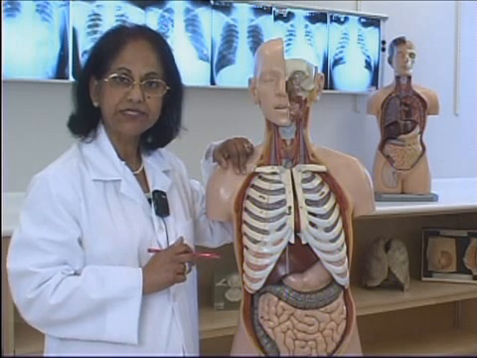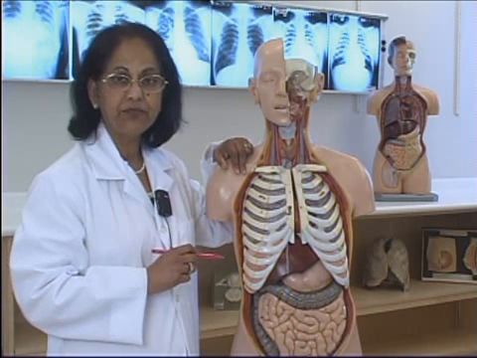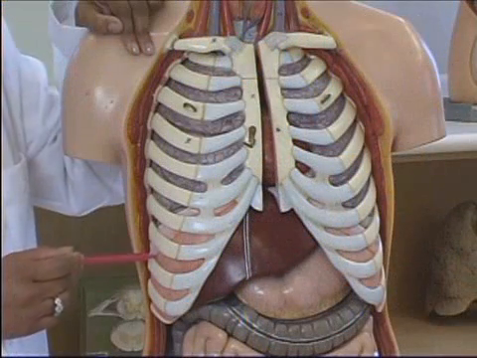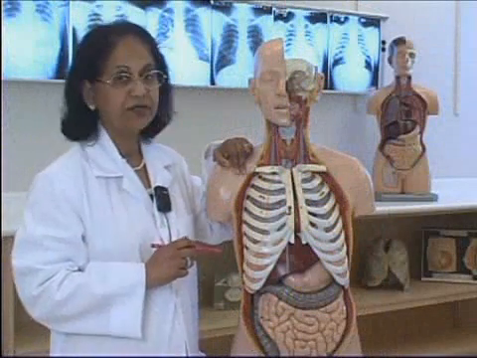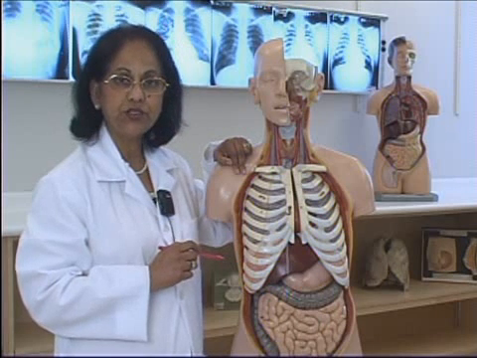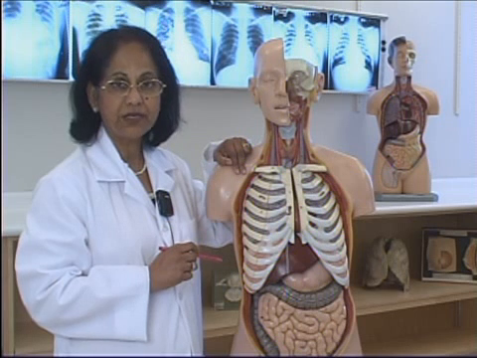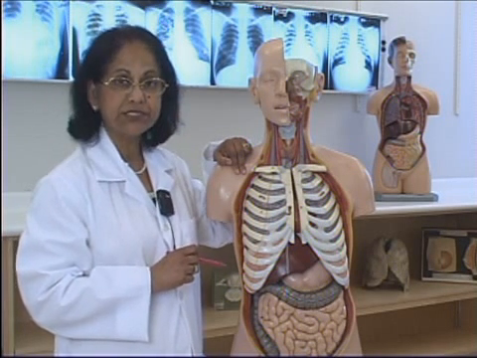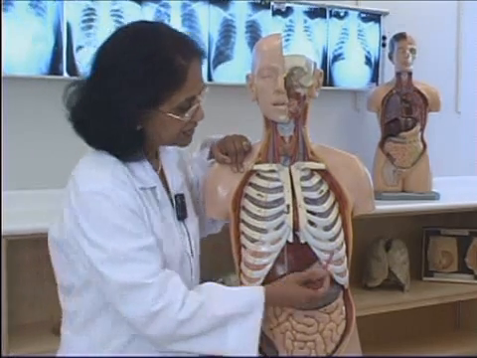Let me talk about the recesses. Recesses are the areas in the pleural cavity which the lung does occupy during inspiration. Or this is the area where the pleura reflects at an acute angle from one surface to another surface, forming gutter-like spaces. There are two recesses, right and left